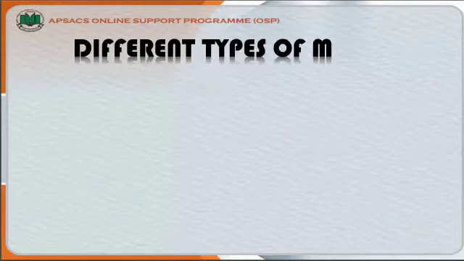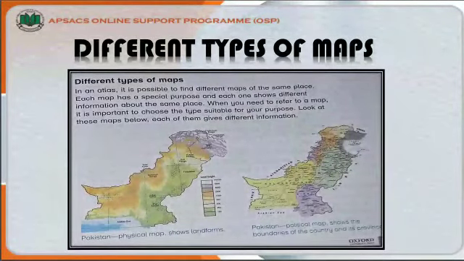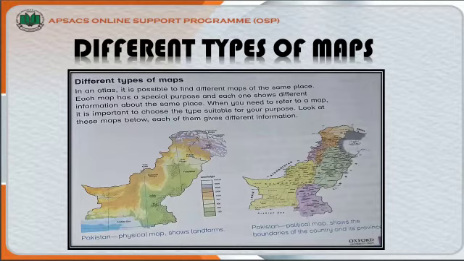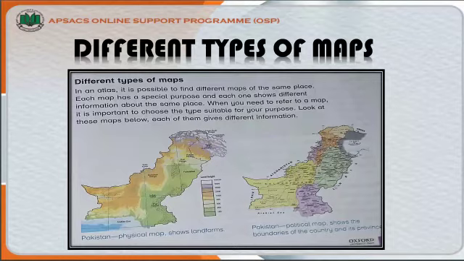Move on to this slide, different types of map. Students, as you know, all maps are not same. There are many different types of map. Here you can see two types of maps, physical and political map of Pakistan. On atlas, you can see other than these map, example, political, relief map, scales, etc. Observe atlas also to understand kind of maps.